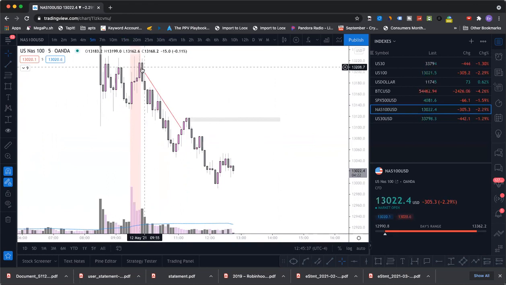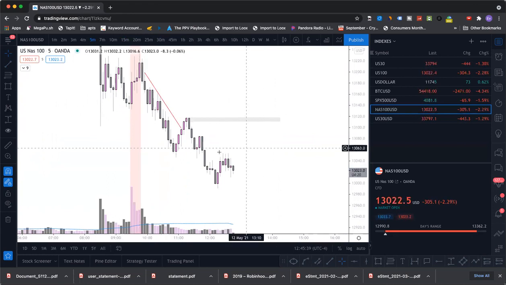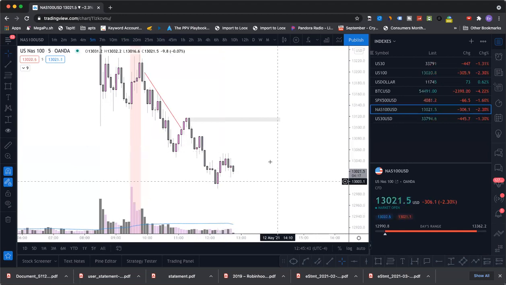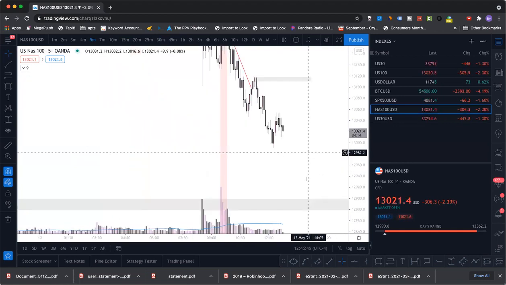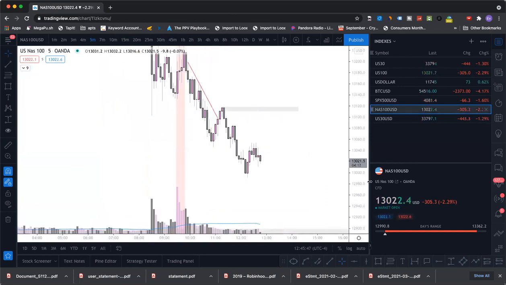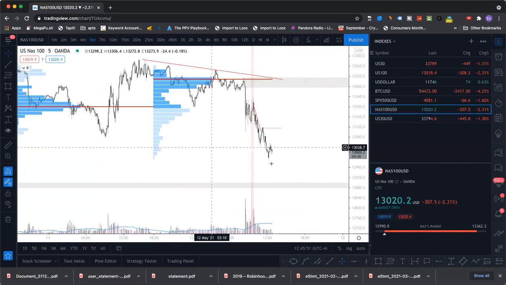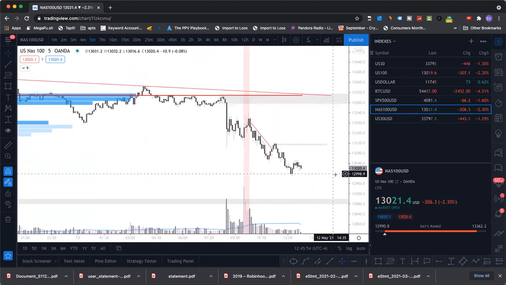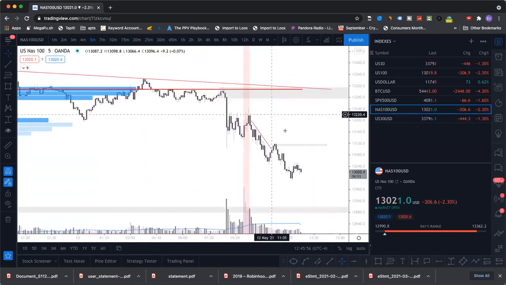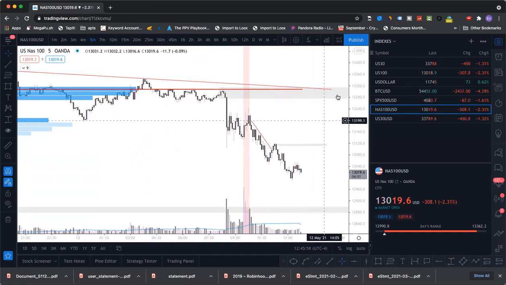This would have some sort of gap in there. We don't know yet. Okay, we have no idea. We wait for the reaction. Okay, so that's basically how I identify certain zones that I want to be taking buys or sells from, depending on the type of reaction that we get from there. Okay, so we're just going to be looking for price to hit these levels and then try to find an